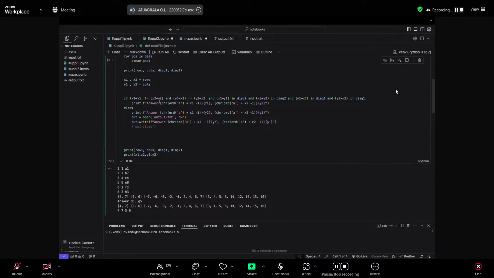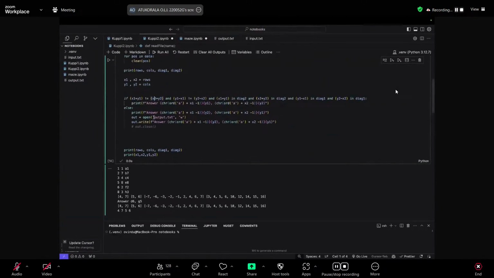So which is why I first check these two parts of the code, where I'm checking if they are in the same diagonal. What I'm doing is checking the diagonal of the two new positions that I selected. If they are equal, it means they are in the same diagonal, which is wrong. So if it's wrong, I will go to the next answer. But if it's correct, I will use this as the answer, right? Next, first I checked if they are equal to each other, meaning they are attacking each other.